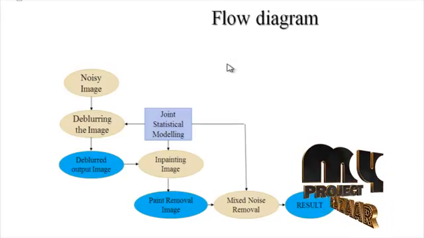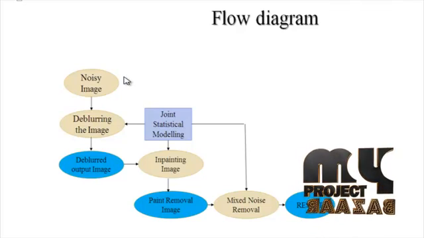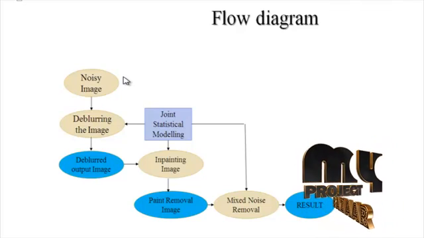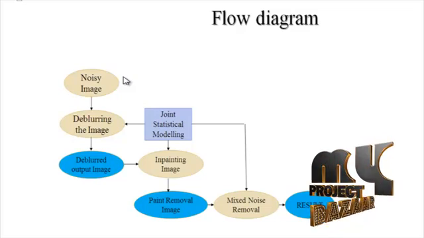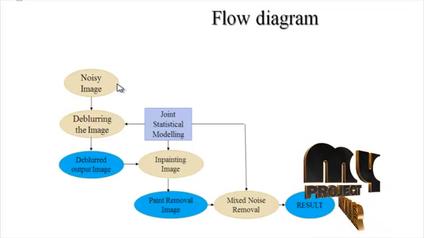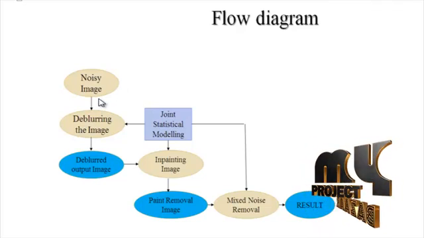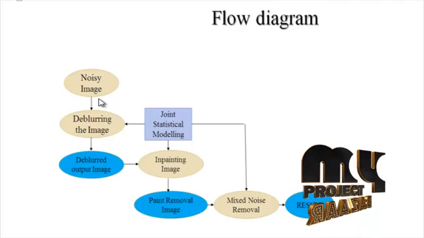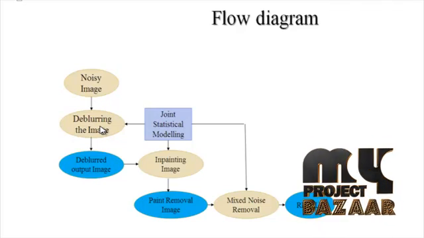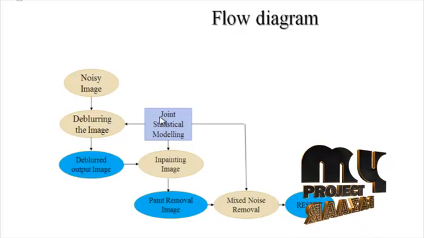Let me discuss the flow diagram for our process. First, capture the input image from a source file by using the getFile and image functions. The user can change the size of the image by providing pixel height and width with the help of the imresize function. Select a blurred image with a specified blur type by choosing the filter type with the help of the special and imfilter functions. Next, in the deblurring process, after performing the blurring operation, we need to do the deblurring by applying the JSM